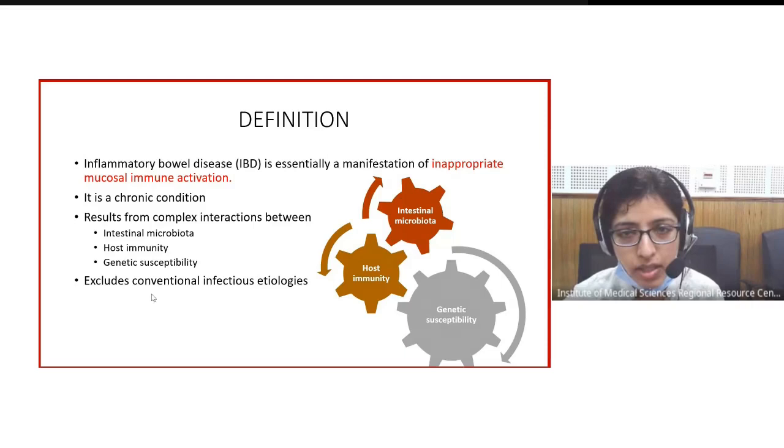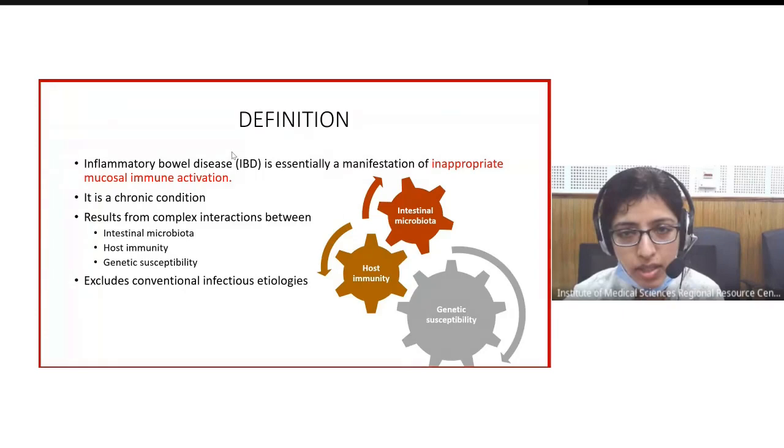Okay, so we must exclude the infectious etiologies before making a diagnosis of inflammatory bowel disease, because essentially, morphologically, there is a lot of inflammation going on, and this is a chronic, long-standing inflammatory process. Sometimes it can aggravate when the patient is said to have relapses. Sometimes it is suppressed, or the inflammation is at the lowest level when the patient feels okay, normal. So the patient is said to be in remission.